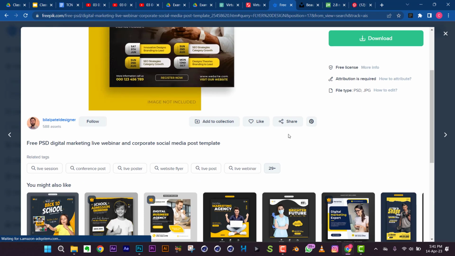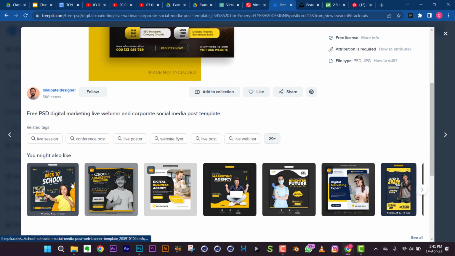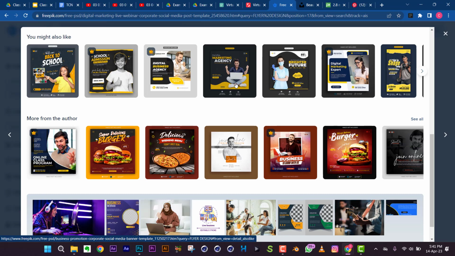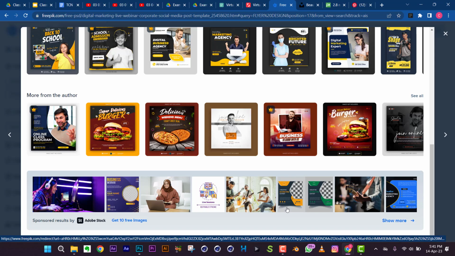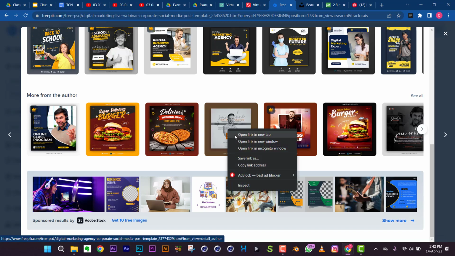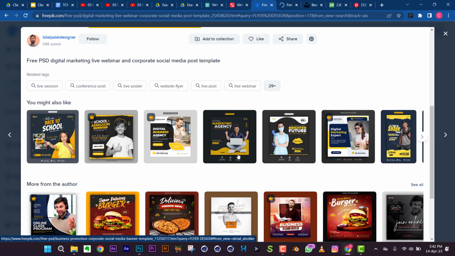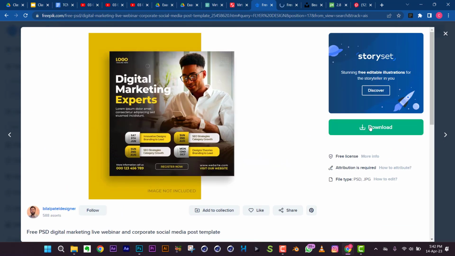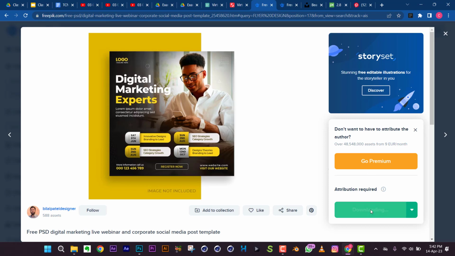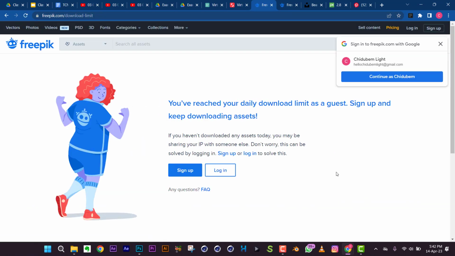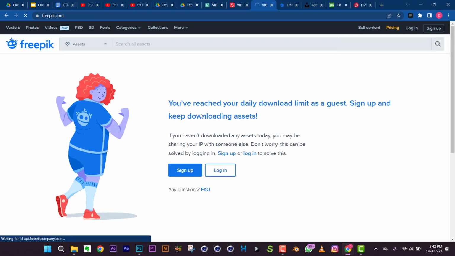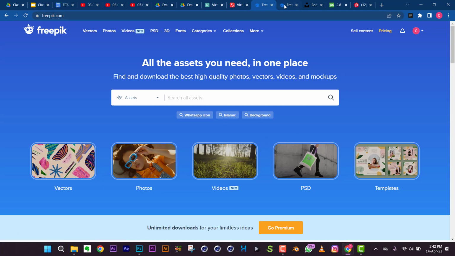So once you click on something, it also gives you some similar templates just like it. So you can see this one. I really like this one. So you can see some templates. So I can now click on download. Oh, okay, I need to sign in. So hopefully that works. But once I click on the download,